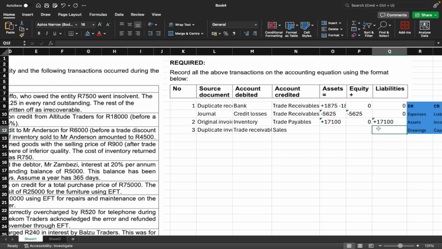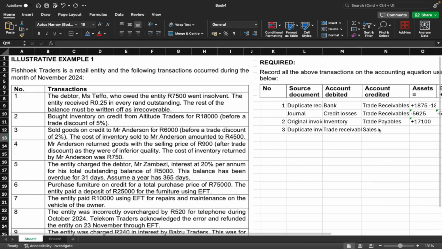Remember, we have nothing on liabilities because we don't owe anyone anything, so I'm just going to put 0 there. But what is the amount that we're going to record here for the sale? How much are we owed by Mr. Anderson? Remember, we sold the goods on credit to Mr. Anderson for 6,000 Rand. And so do we put the 6,000 Rand or do we put the 4,500 that we